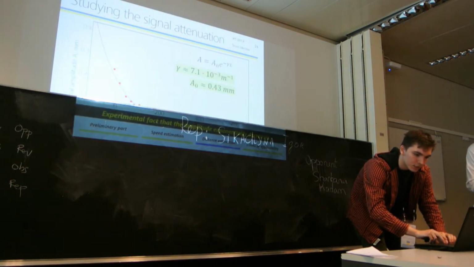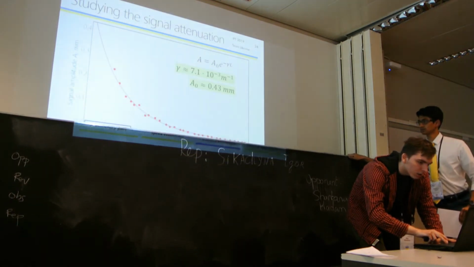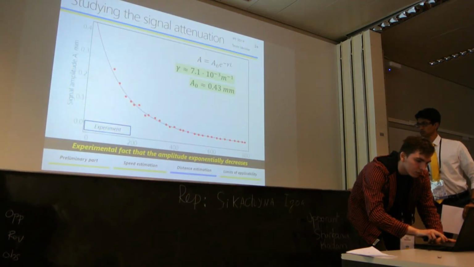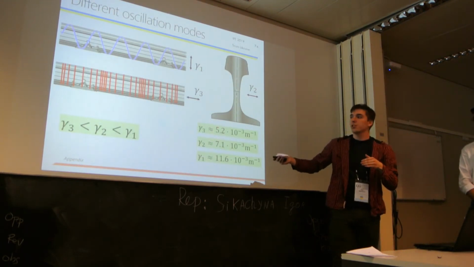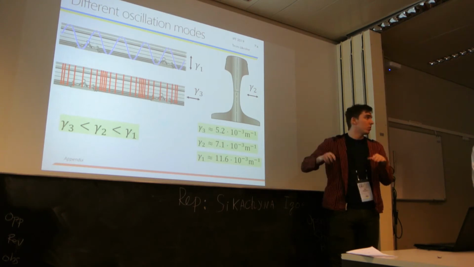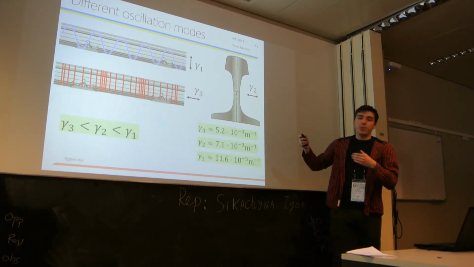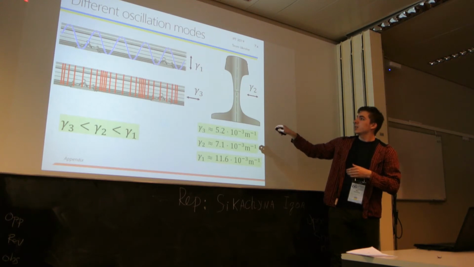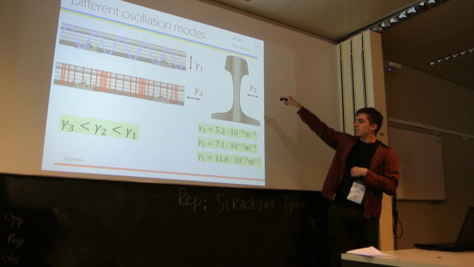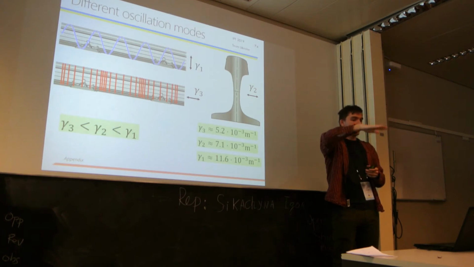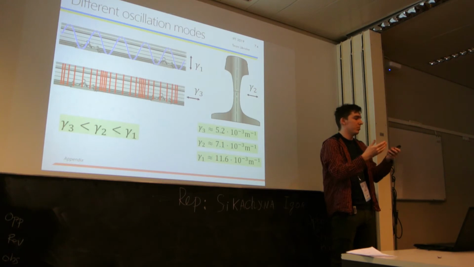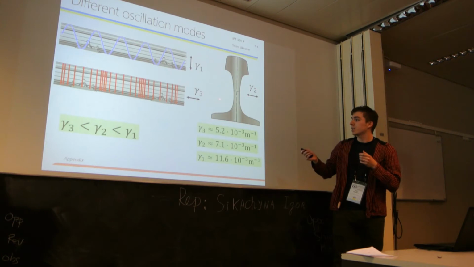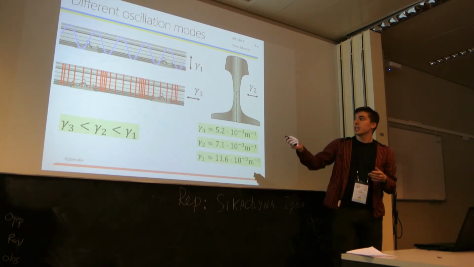We understand that due to the overall structure of the rails, it matters really. It changes the attenuation coefficient depending on which oscillation mode we look at. So we in fact understand that this oscillation mode just damps due to the damping inside the ties and the ground below the rails, which significantly increases the attenuation in that mode,